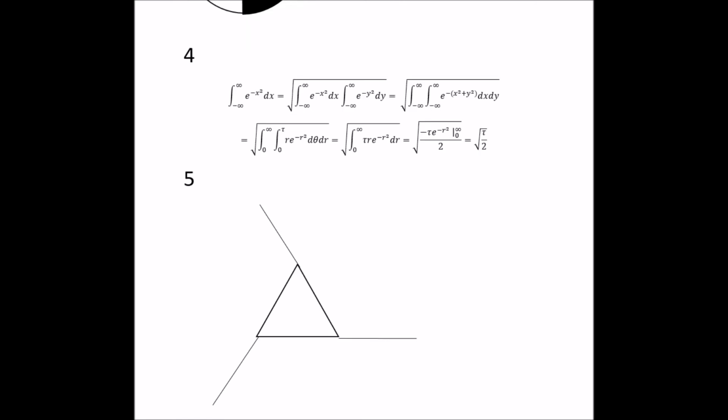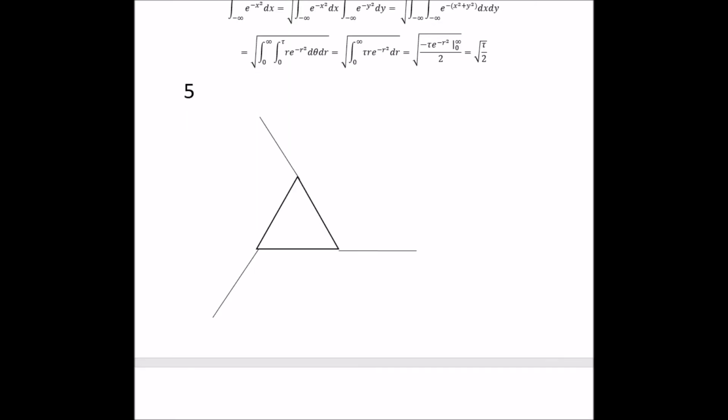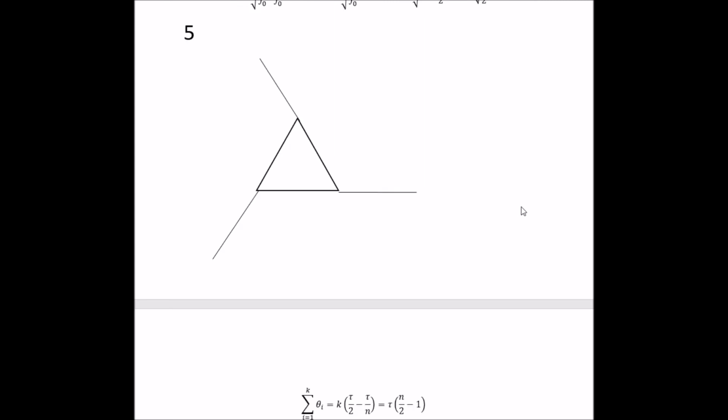Okay, so the next one after that is talking about the sum of interior angles. The angles in a triangle always sum to pi, and then you can represent it in other polygons in terms of pi as well. And again, this is true, but we're talking about internal angles. Let's talk about external angles. The sum of any external angles in a polygon makes tau, which intuitively is almost obvious, because if you look